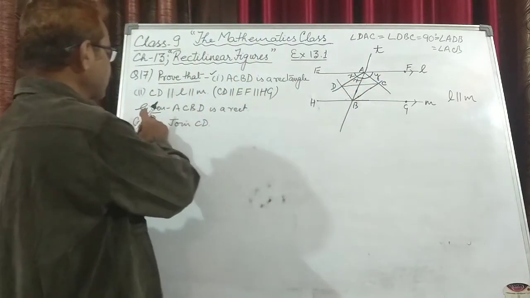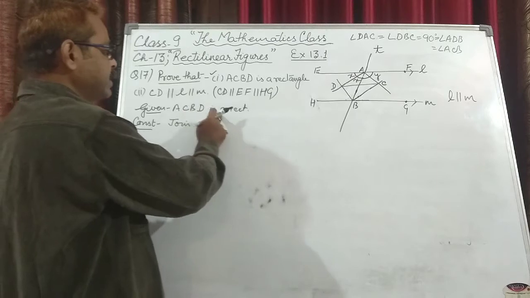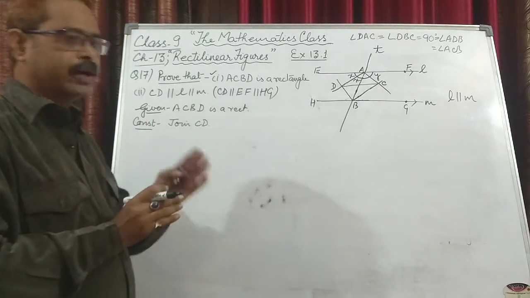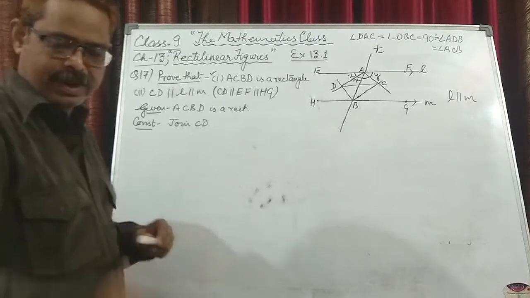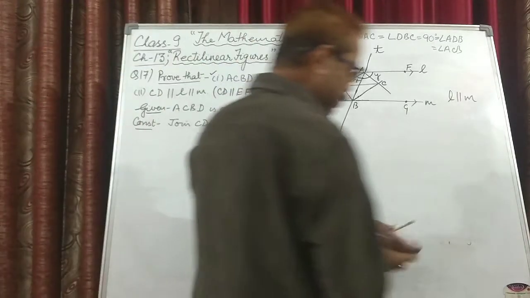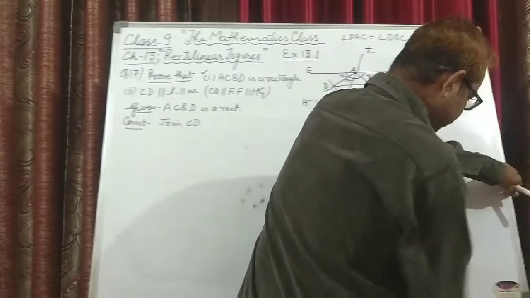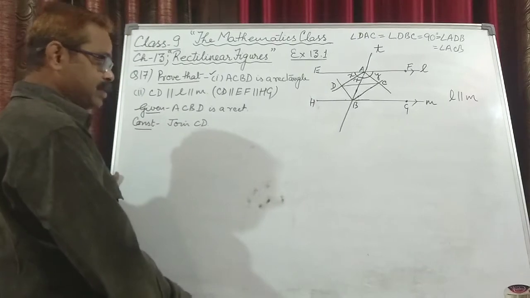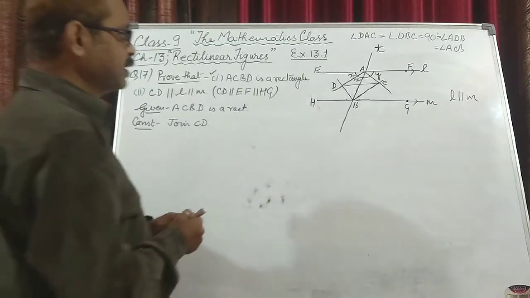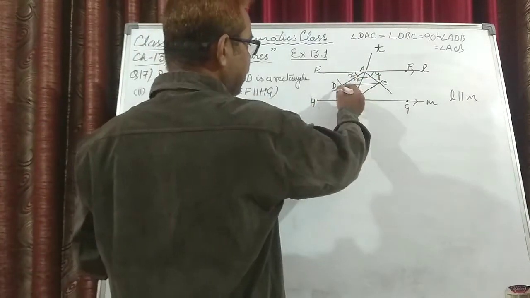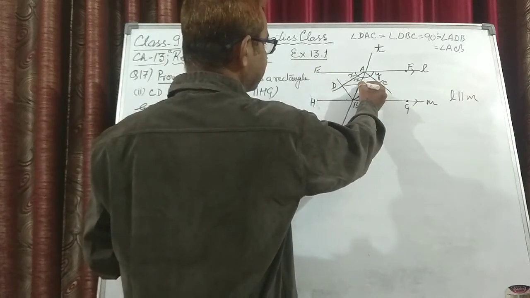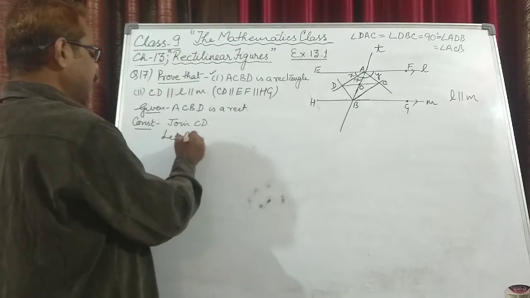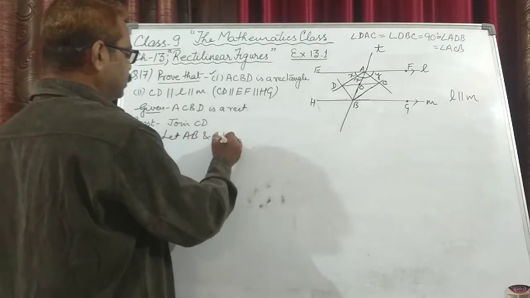ACBD is a rectangle. So I have written, given ACBD is a rectangle. Now, we know according to the properties of a rectangle that the diagonals of the rectangle are equal, and at the same time diagonals of a rectangle bisect each other. Bisect each other means this AB and CD, let us say they intersect each other at point O. So let AB and CD